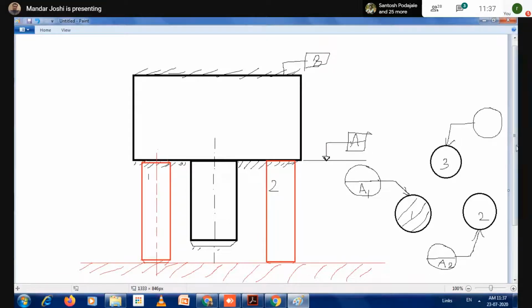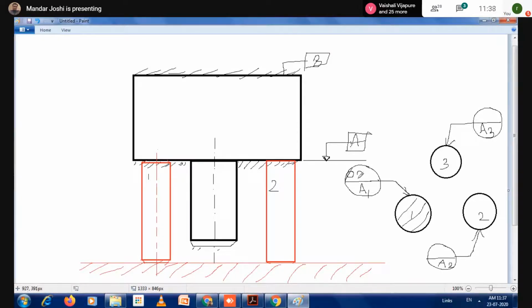When to indicate datum target? If you don't get a complete flat surface, in that situation. This is A3. Okay, so this diameter symbol you have to indicate. This is the pin diameter. How much pin you have taken for the datum target number 1, that diameter you have to define.